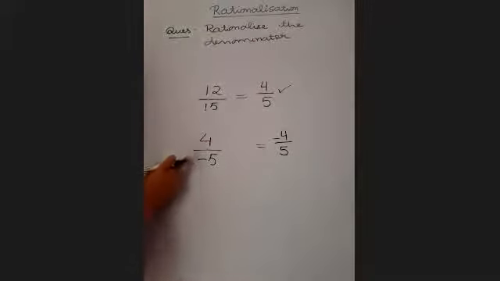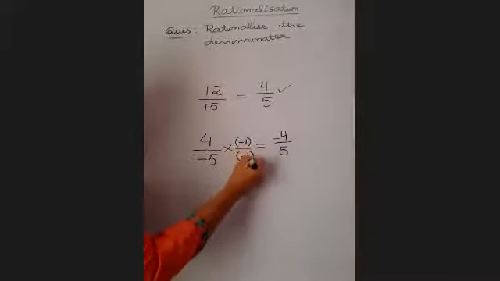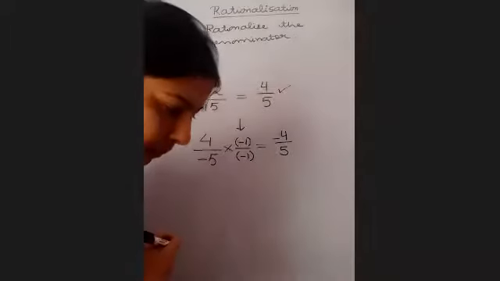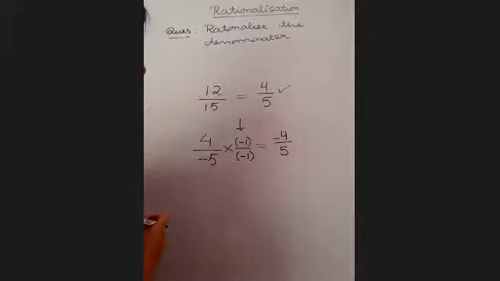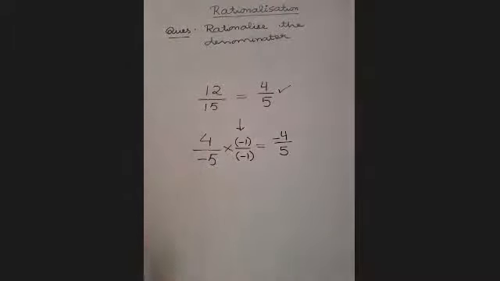And what is the process in this? In lower classes, 12 upon 15 to 4 upon 5. Ma'am, please explain how you wrote 12 upon 15 to 4 upon 5. In the table of 3, 3 into 4, 3 into 5. Now children, in class 6 or 7, you used to learn like this, that multiply and divide by minus 1. So 4 into minus 1 will become minus 4 and minus 5 into minus 1 will become 5. Right? That is how you used to do.